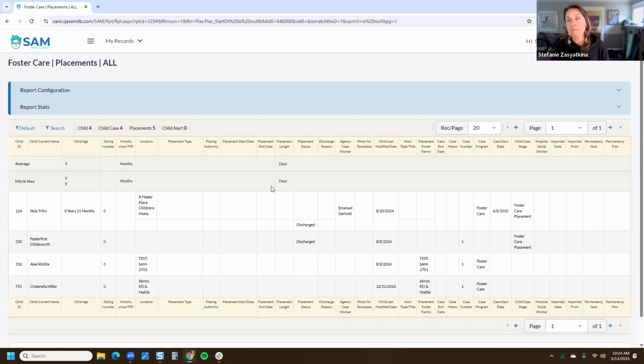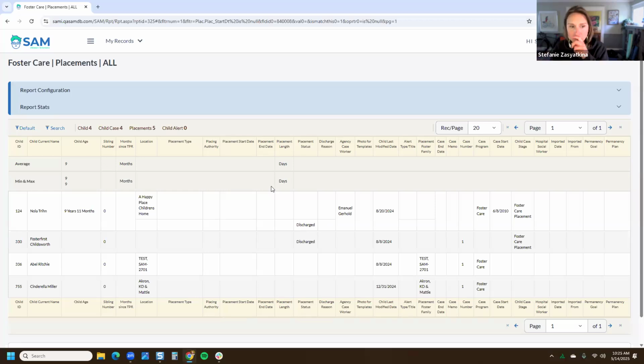So in that, there's several situations that you could do: enforcing data entry on forms, or having Sam automate some data. Like when placement start date is entered, we always set placement status to active. When placement end date is entered, we change placement status to discharge, so that again, you're not dependent on human data entry, because we are humans. We get it wrong with a lot of just data entry because of the tediousness of that and the accuracy